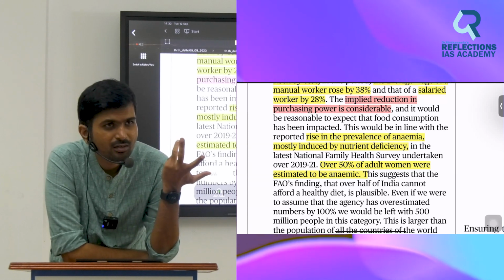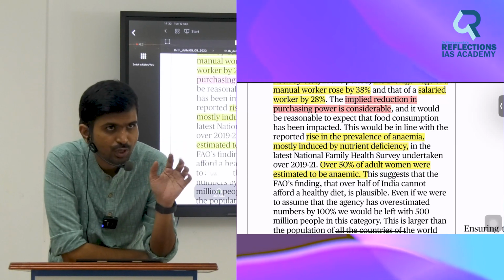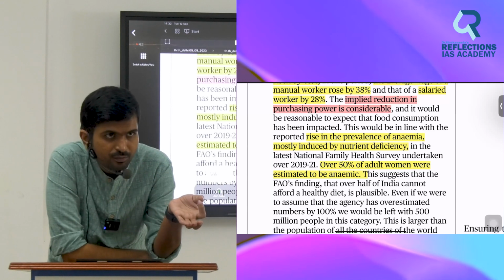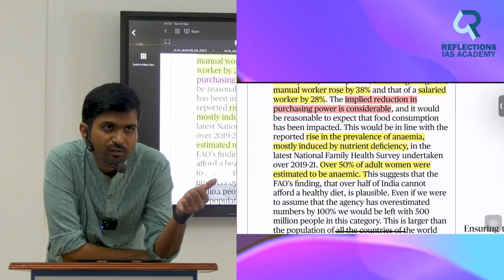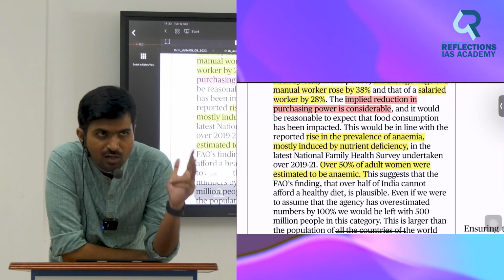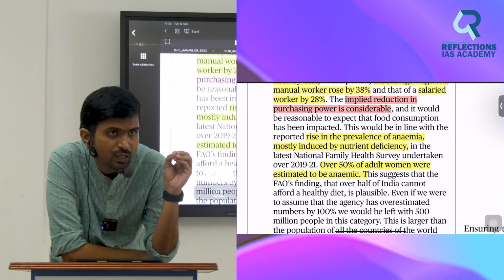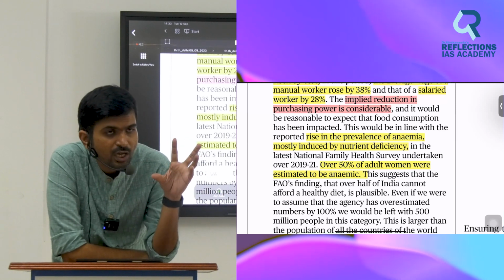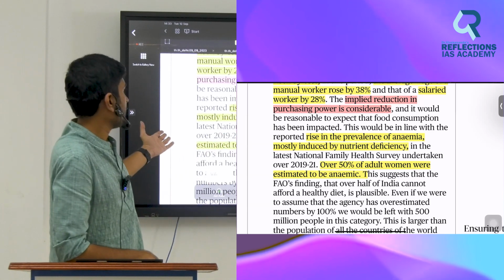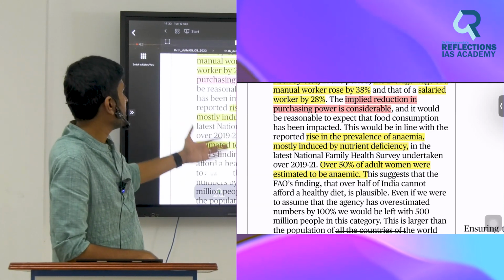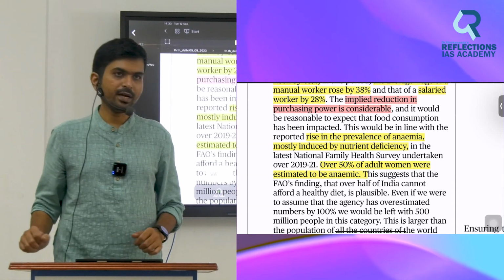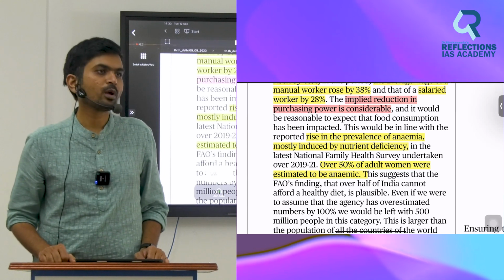Many Indian women have a lower amount of blood. So what? That can be the next question. If a woman is anemic and she delivers a baby, her own health will be affected, the baby's health will be affected, and she won't become a productive human capital of the society. Forget about babies, she should be healthy first. So the majority of Indian women are anemic. How do I know? Fact. As per the National Family Health Survey, over 50% of adult women in India have less blood. That is anemia. That is a huge problem.